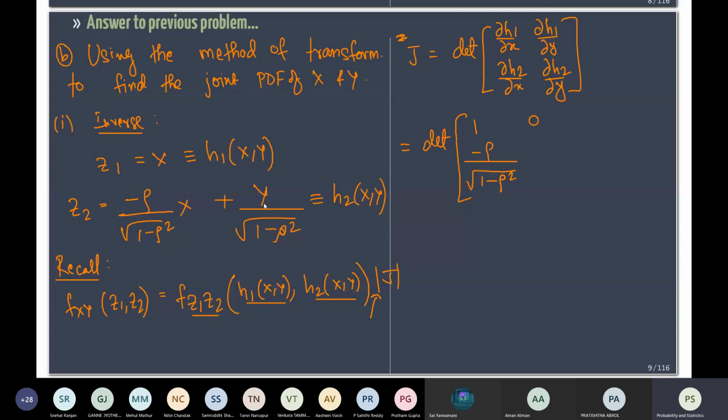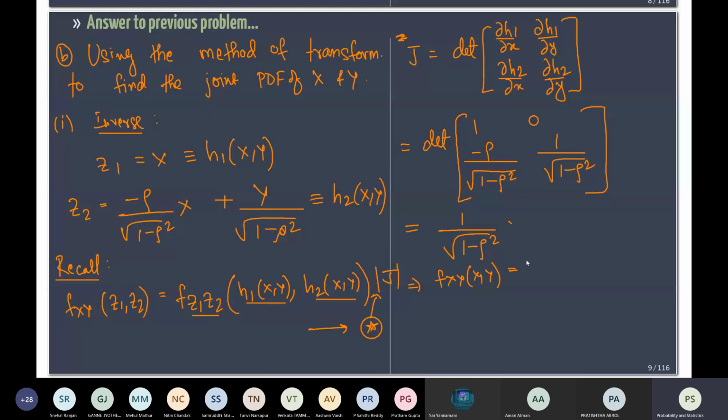We take the determinant of this, so this will be just 1 by square root of 1 minus rho squared. From here we can now use the star. So this implies f_XY(x,y) is